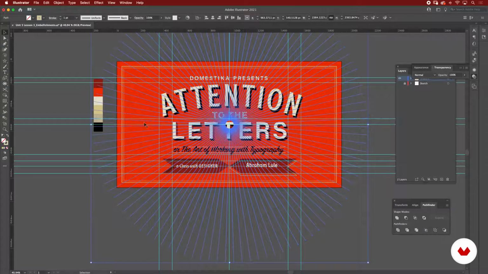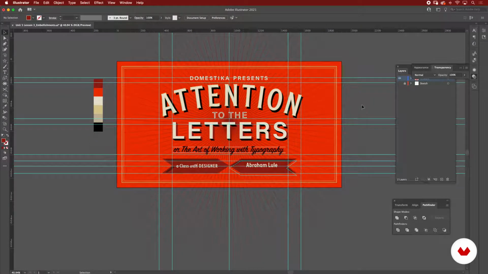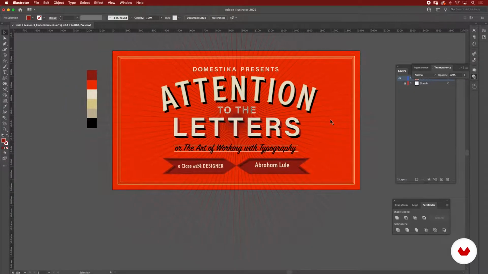I'm going to change the color to a darker tone. I'm going to bring this to the back. It feels slightly fuller and more interesting things going on. I think that that's also bringing up more dynamism to our composition, and of course the burst is helping everything to give the optical illusion that is coming from the center.